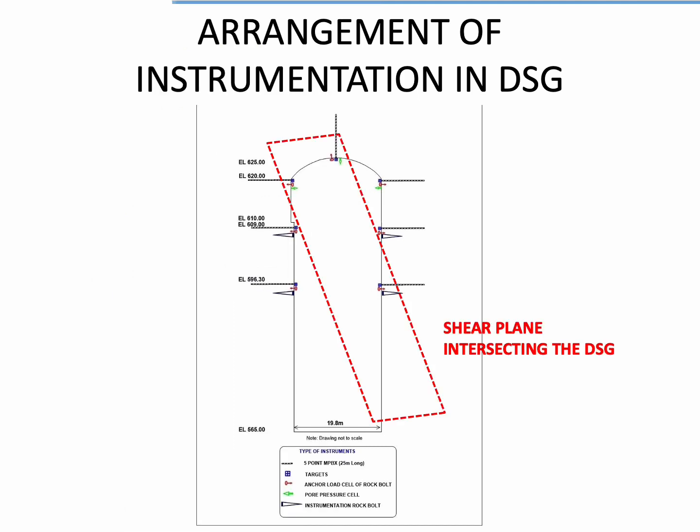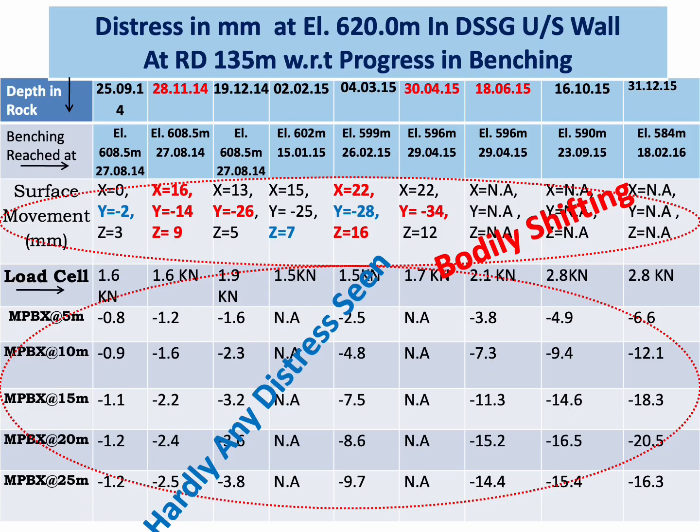Now, arrangement of instrumentation in Downstream Surge Gallery with respect to the shear zone. This shear zone is cutting throughout the depth of the Downstream Surge Gallery and dipping at 45 to 60 degree from south to north, like this. Like this it cuts. And the observation in the instrumentation was that when benching had reached elevation 608,